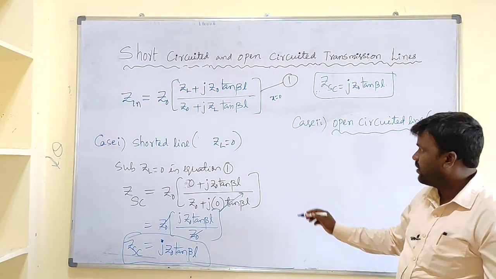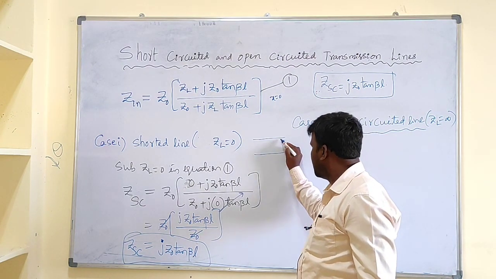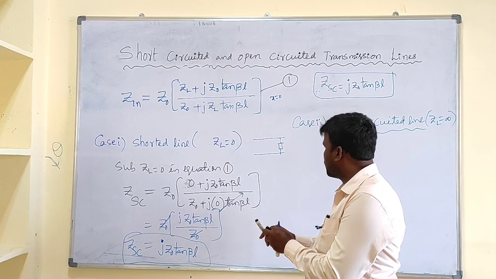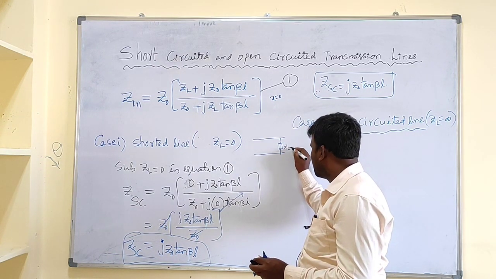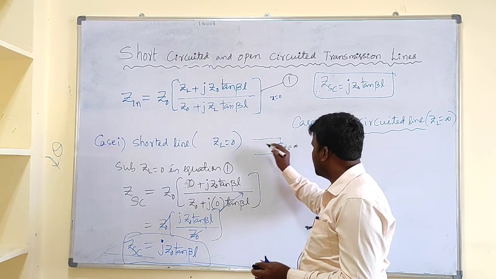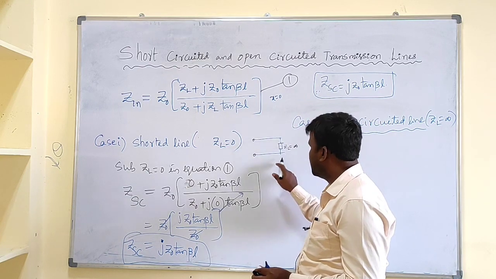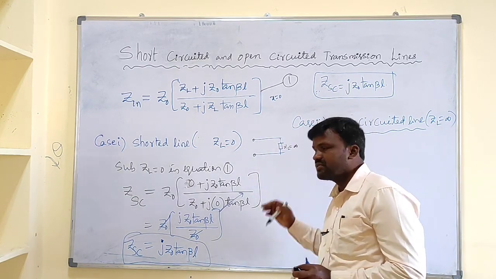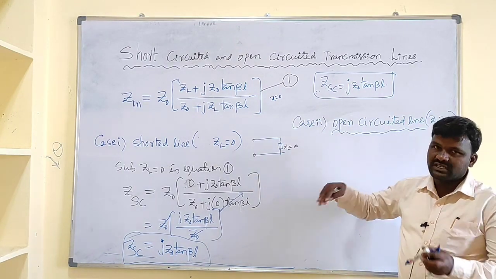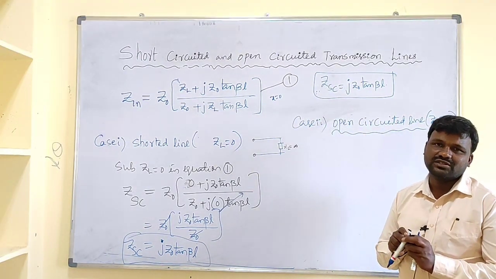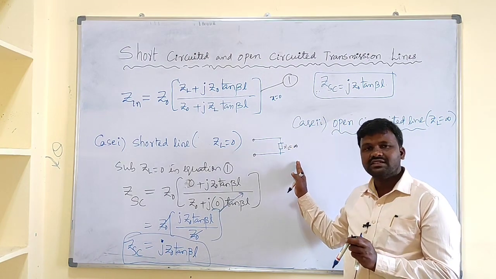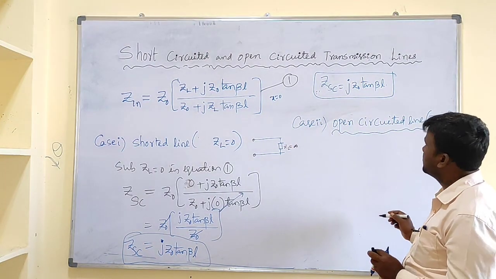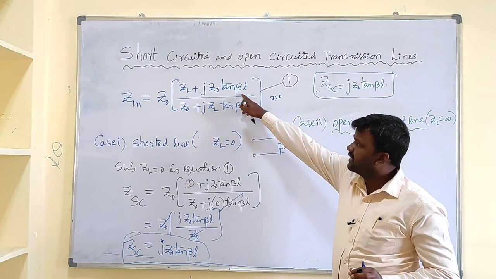In this case, our transmission line is terminated with a load of load impedance equal to what? It is our load. So this load impedance equal to infinity. So this is the input end, and it is the source end, and it is the load end. For the open circuit, current is 0. Current is 0 means impedance is maximum, that is infinity. So let us substitute ZL equal to infinity in this one.